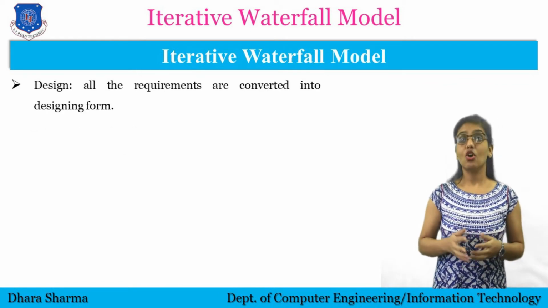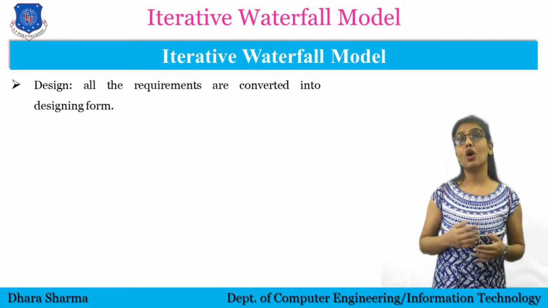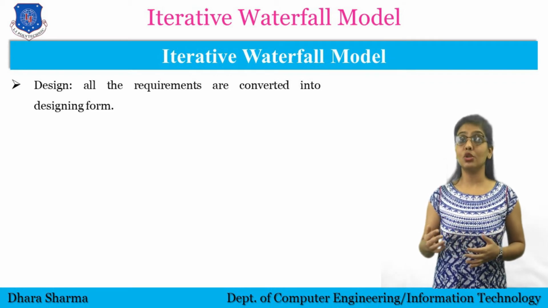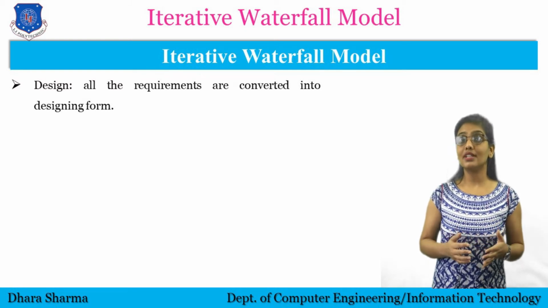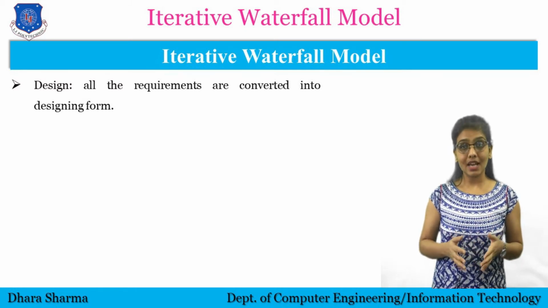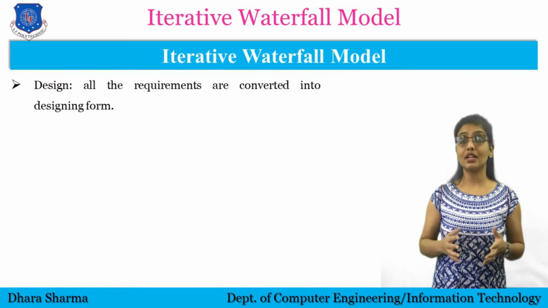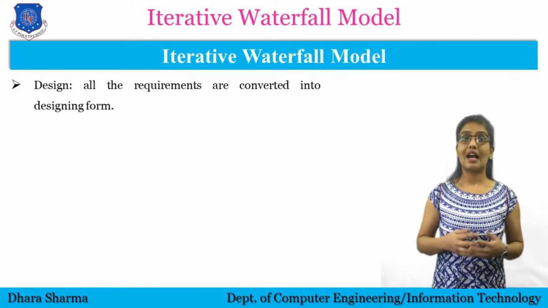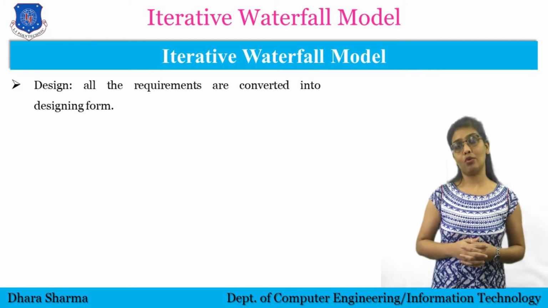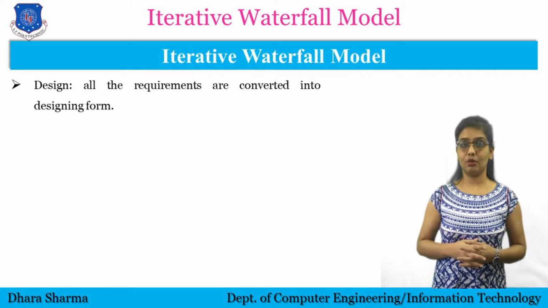In the design phase, all the requirements are converted into design form. It is human nature to understand the things that can be visualized. So in the design phase, diagrams are prepared to see and understand the different views of a system. For example, to understand how the database should be, an ER diagram is prepared. To understand the whole architecture of a system, a data flow diagram is prepared. After that, the GUI is developed for the software to have a clear understanding about it. So it would be very easy to get the idea for starting the implementation activity.